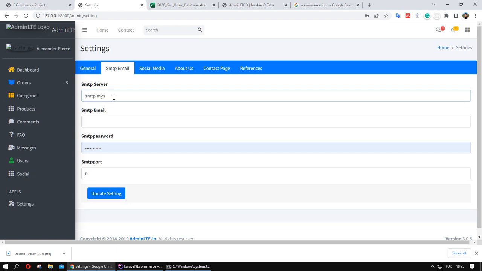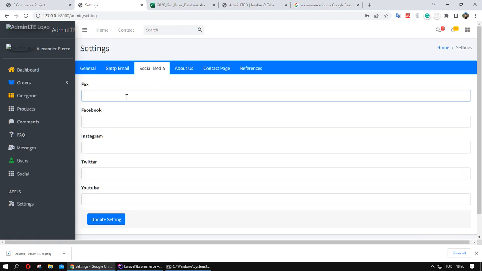SMTP my social media. What is facts in this area? And